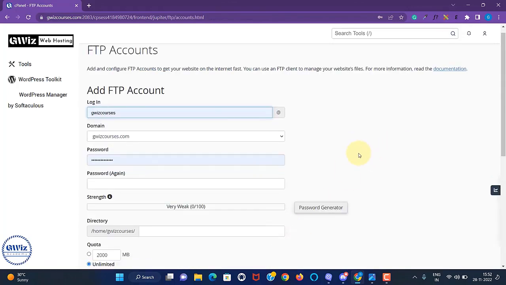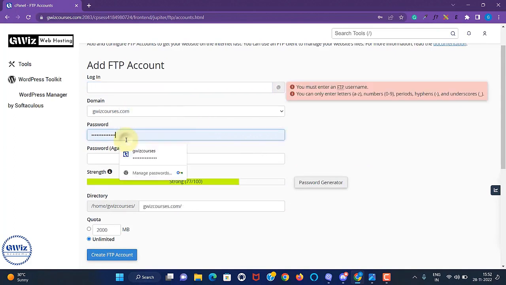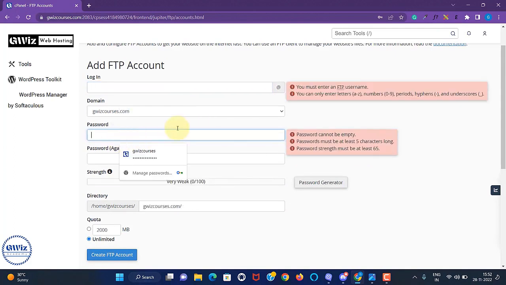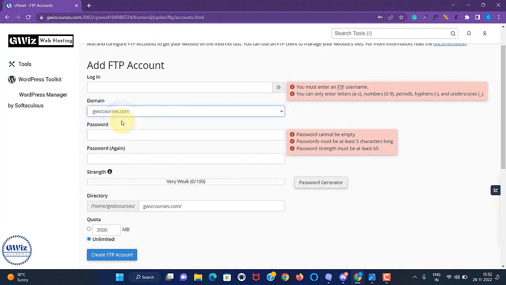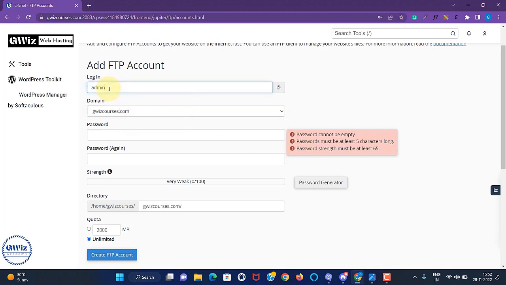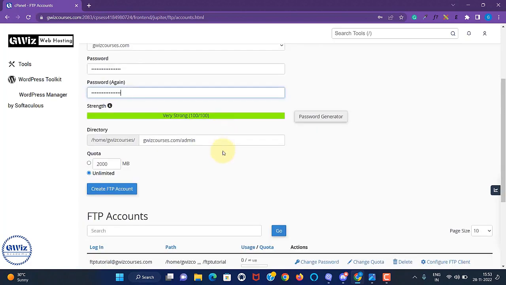Over here we will be creating a login username and password under the required domain name. My required domain name is GWizcourses.com and I'll be logging in as, for example, admin, and let me create the password. Then reconfirm the password. And we can see how much quota, and the directory as well,